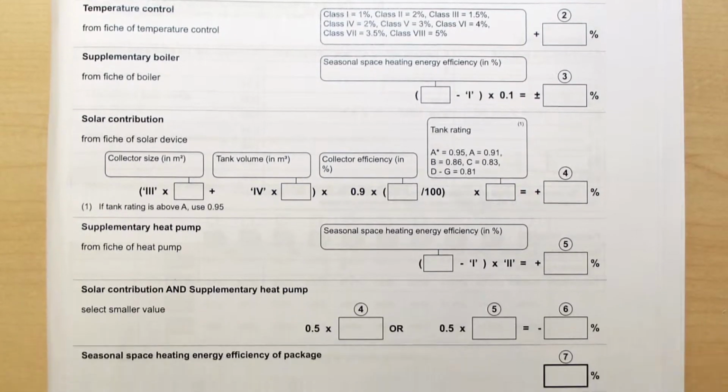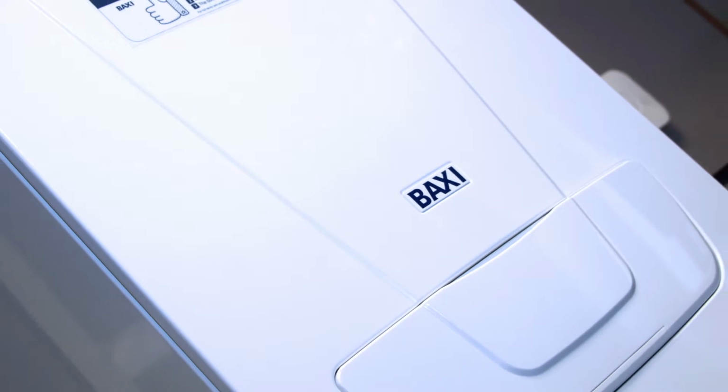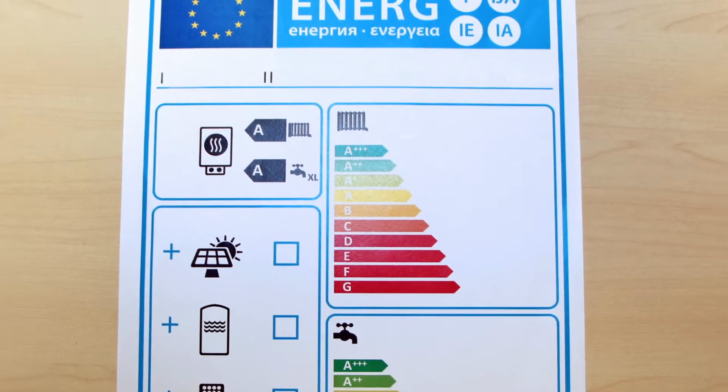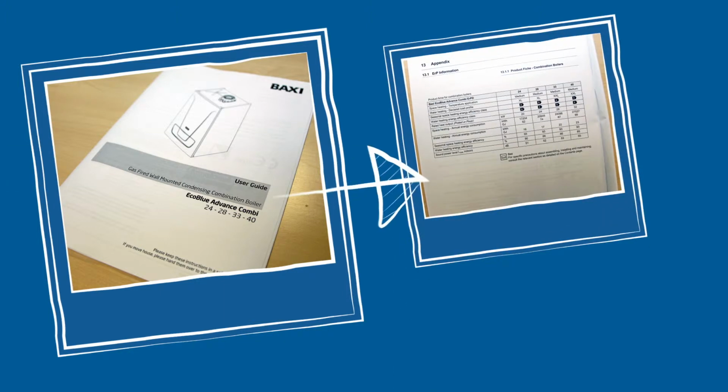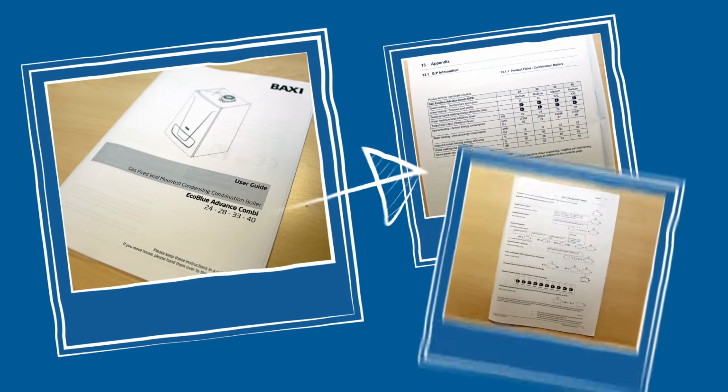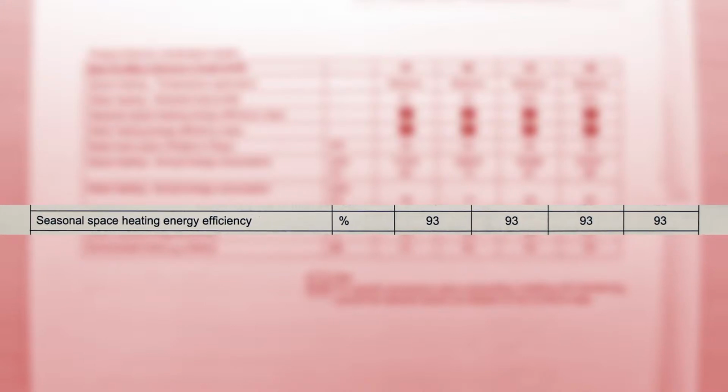Manually completing ERP package labels and package fiche documents. Towards the back of the user guide, locate the product fiche and blank package fiche. Within the product fiche, look for the seasonal space heating energy efficiency for the output of the boiler you are